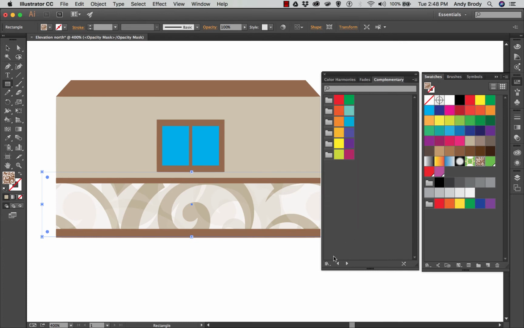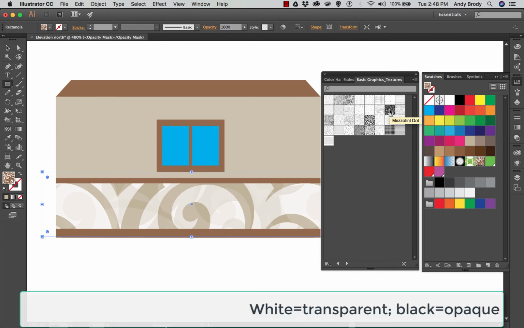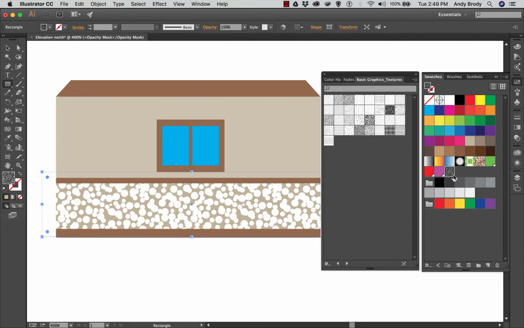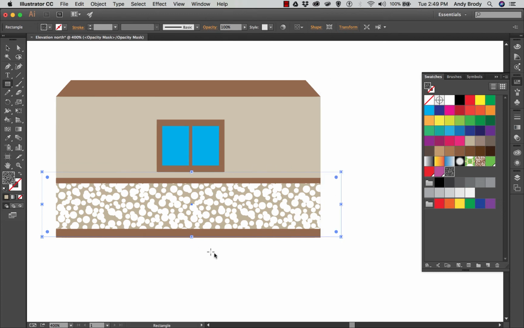Again, some are kind of batches of color, some are complicated photo-based patterns. But this one here I like because, again, they're black and white. I'm going to try this mezzotint dot pattern. And like with the brushes, when I click on it here, it shows up in my available swatches menu. And it also applies it to the